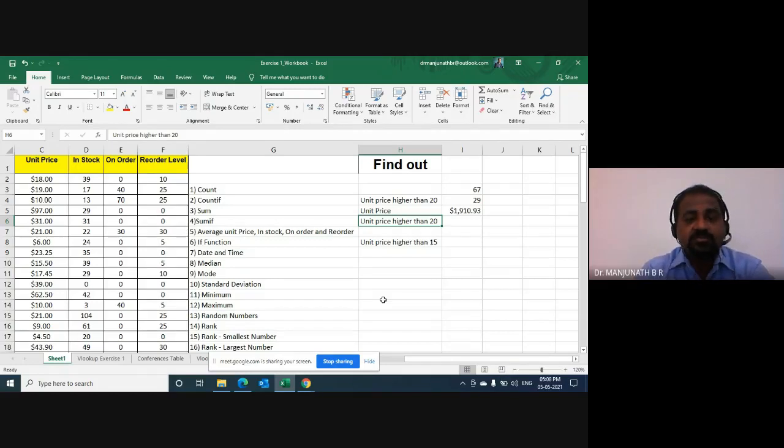I repeat the requirement: the task is to make a sum total of the unit price column, but not for all 67 products, only for those products whose unit prices are higher than 20. That is the requirement given in the particular Excel sheet for us.